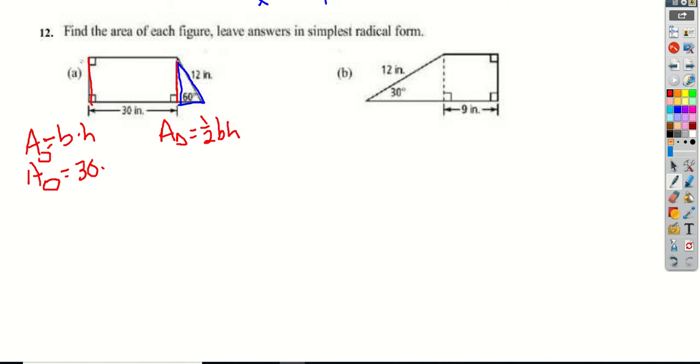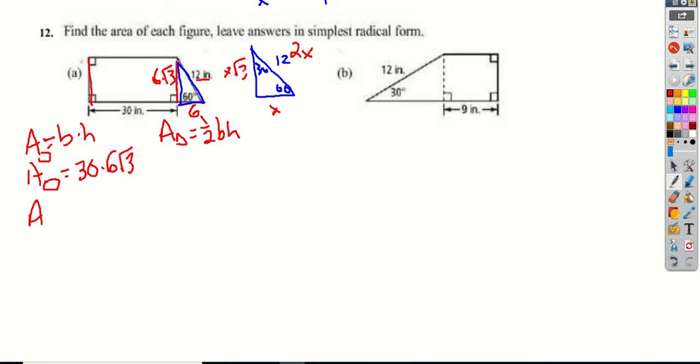So what we need to remember is that I actually do have a 30, 60, 90 right triangle here with a side of 12. So remember the deal. We label the side across from the 30 degree angle first as x. Okay, the hypotenuse is 2x, and the long leg is x radical 3. So this tells me that if this is 12, the side is 6, and the height then is 6 radical 3. Okay? So here we go. We're going to plug in now. So this height becomes 6 radical 3,